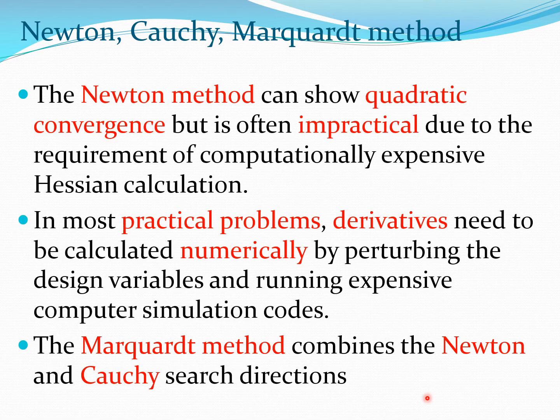So the Marquardt method essentially uses the steepest descent search direction when you are far away from the minimum point, and it slowly morphs into the Newton method when you get close to the minimum point. Recall that near the minimum point, the H matrix is likely to be positive definite, and therefore it is going to yield a good search direction for you. Very far away from the minimum point, the negative of the gradient is going to be a very good